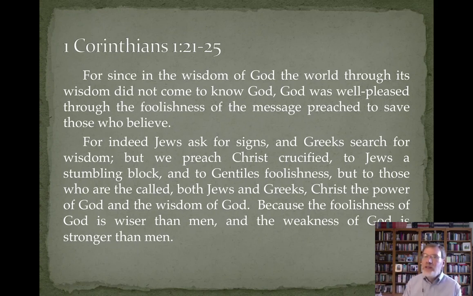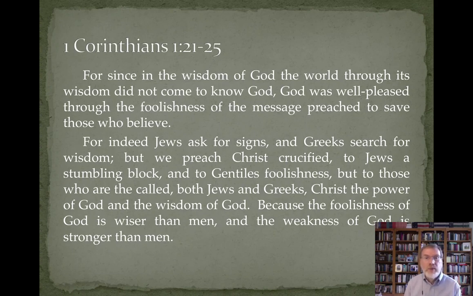And to Jewish people, this is not at all what we expected our Messiah to be. A Messiah who does engage in one of the most horrible of deaths and the shame of that and such things. But moreover, a Messiah who's associated with those Old Testament figures like Haman, or with the surprising words in Deuteronomy 21, that this is the kind of person who's cursed of God, associated with crucifixion. And then Paul affirms that to those who are called, both Jews and Greek, Christ is instead the